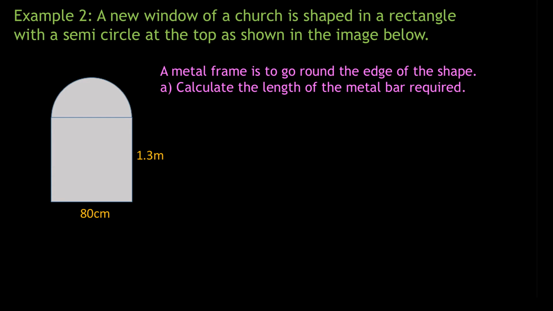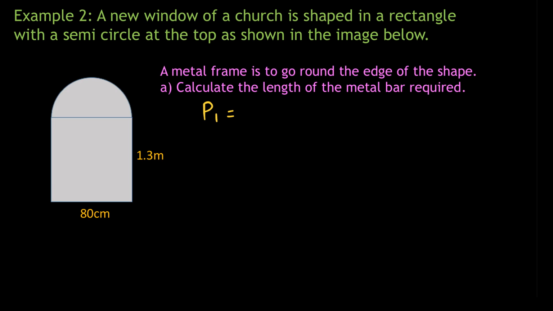So first of all, we'll look at the perimeter of the rectangle. So I'll just call that P1. Normally we would add 4 numbers together because a rectangle has 4 sides, but we only have 1, 2, 3 of those sides on the outside. This fourth side isn't part of the outside of the frame, so we exclude that and only add the 3 sides together. The first side down here is 80 centimetres, and this one here is 1.3 metres,